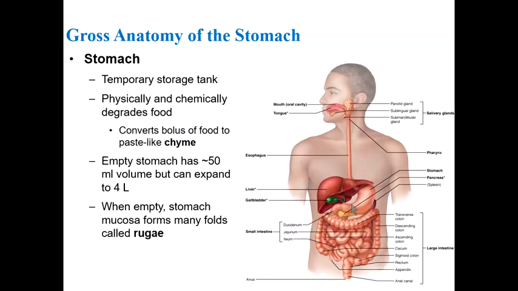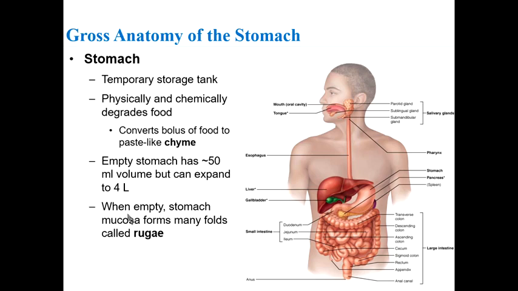Our stomach is a temporary storage tank for the bolus, or the boluses that arrive in it. It physically churns the food, chemically degrades the food, and that bolus gets converted to a paste-like material called chyme at that point. So the stomach has a 50 milliliter volume, but it could expand from 50 to 4,000 milliliters, which